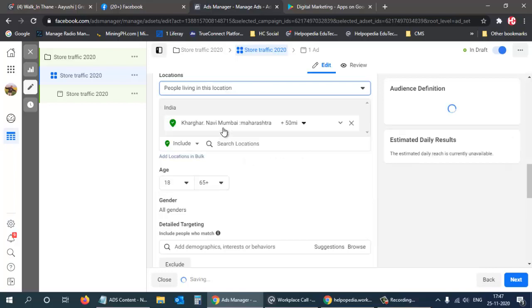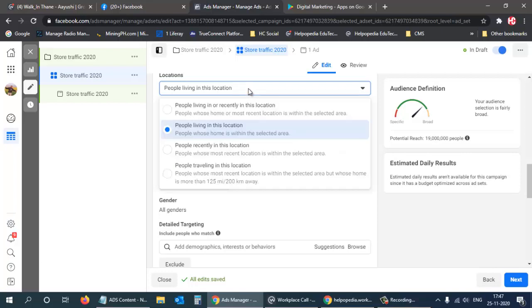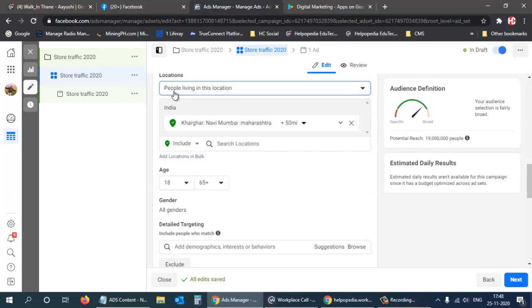So this is when people will physically come to this location, when people come to the institute and learn, so for them this option is one of the best options. So this is what we can use. If it is online, then I can select any option, and in that case even this doesn't matter. Even if people are from Pune or Bangalore or any city, it's fine. But usually for a store, this is the best option, so that local people can come to this place.